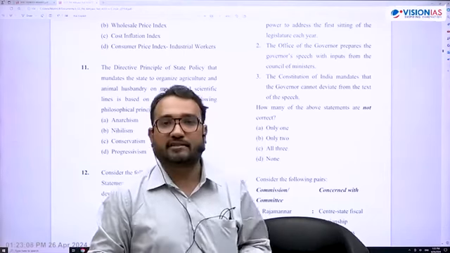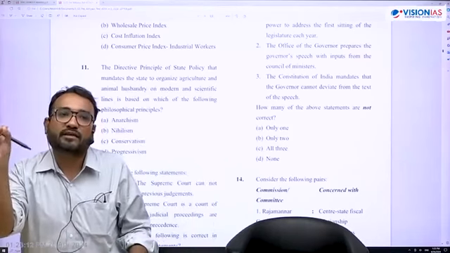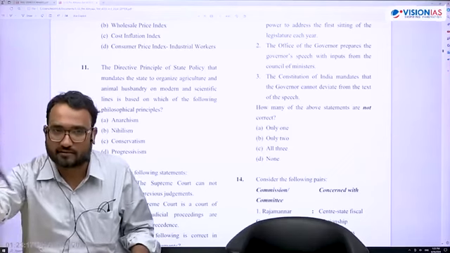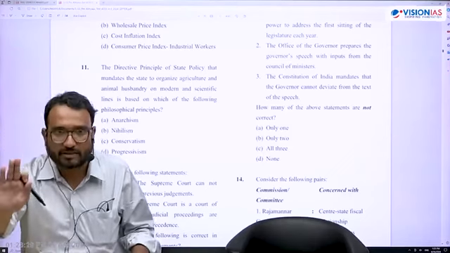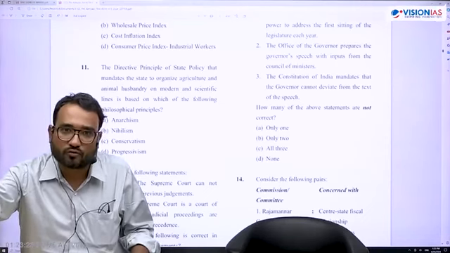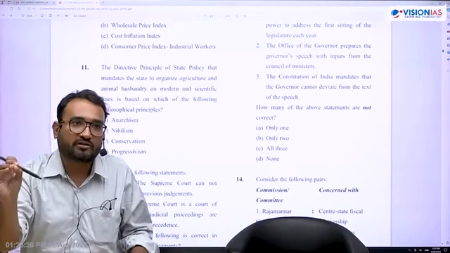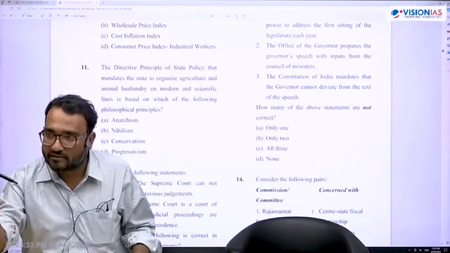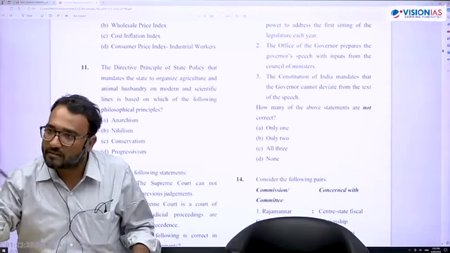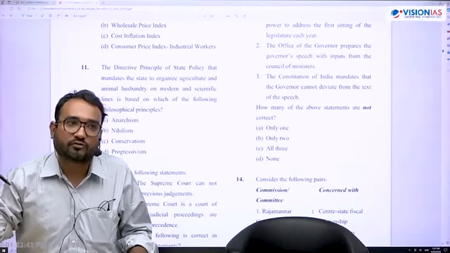I'll give you one more example. Article 21A of the Constitution says that the state shall provide free and compulsory education to all children in the age group 6 to 14 years. This UPSC will never ask, because even a person who is not preparing for civil services, who has a grocery store, also somehow has heard that the state shall provide free and compulsory education to all children in the age group 6 to 14 years. The next line is there: in such manner as the state may provide by law. So UPSC asked the question on the Right to Free and Compulsory Education Act 2009.